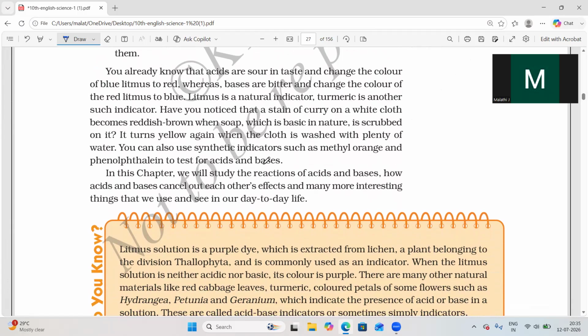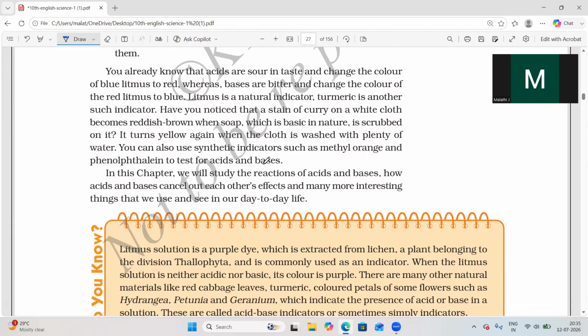So acids are sour in taste and change the color of blue litmus to red. Bases are bitter in taste. They change the color of red litmus to blue. Now, one more chemical definition of acids: